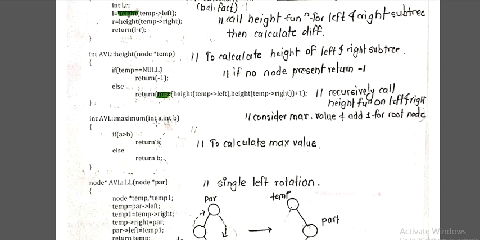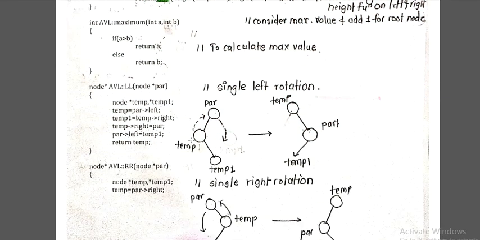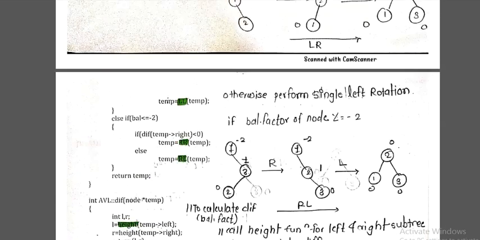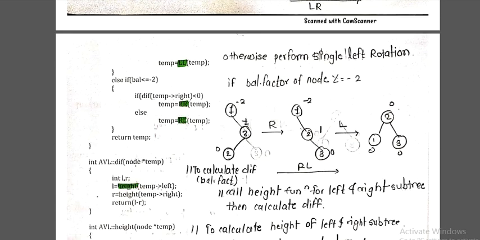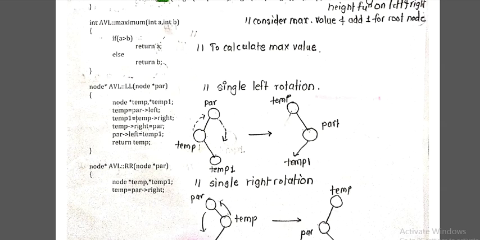Then next comes the max. Now how is this max called? Here we just have to compare whether A is greater than B or B is greater than A, and according to that we have to return. Now next, after that, comes the function calls we have made, that is left right, left left, right right, right left. So this again we have to apply over here.